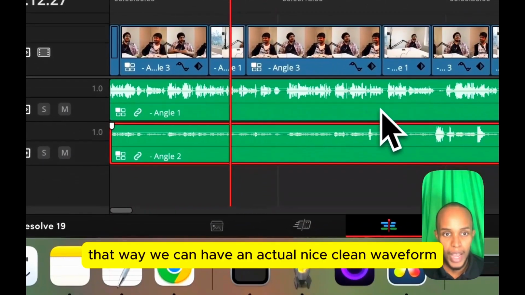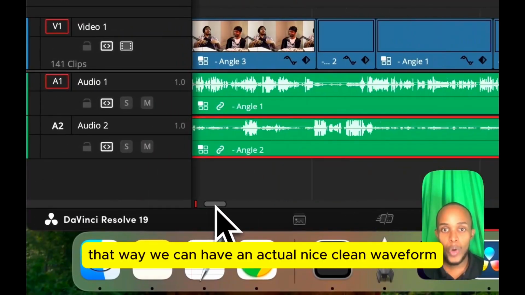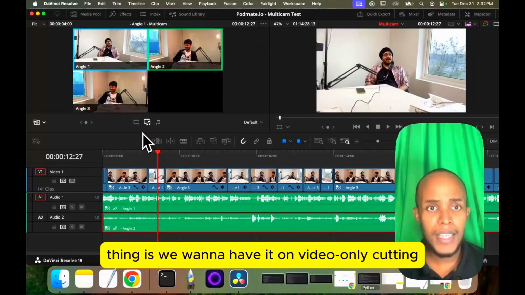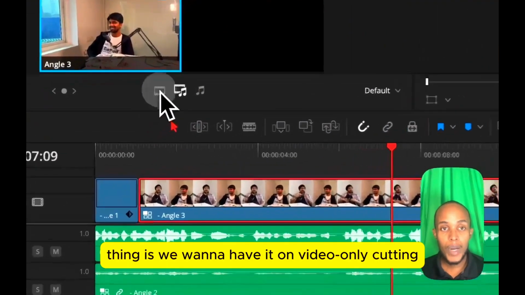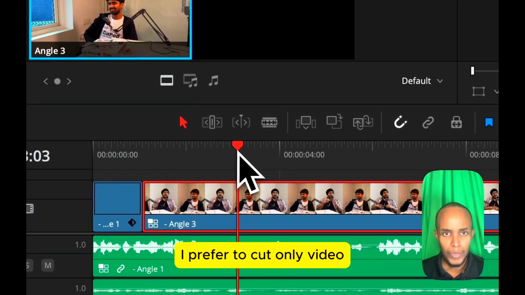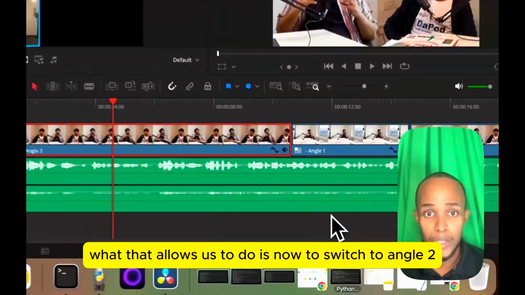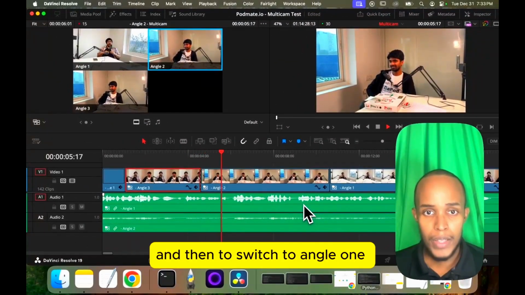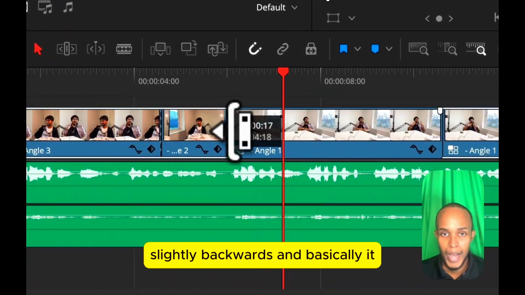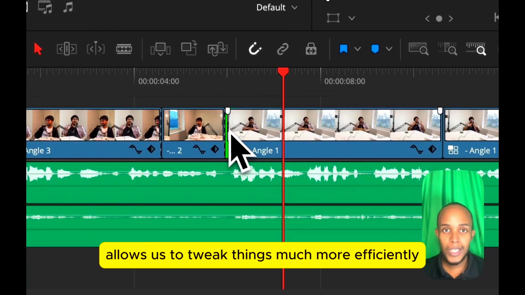That way we can have an actual nice clean waveform, which we can use as information when we're editing. Now the next thing is we want to have it on video only cutting. We don't want it to cut audio and video. I prefer to cut only video. And so what that allows us to do is switch to angle 2 and then switch to angle 1. And maybe if we want to increase angle 1 slightly backwards, it basically allows us to tweak things